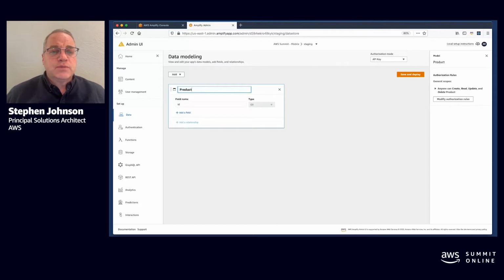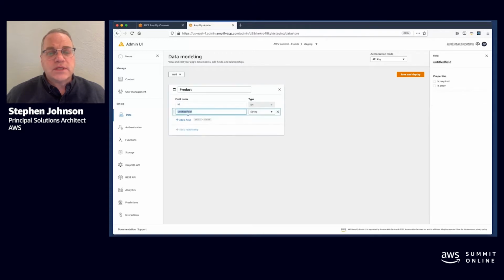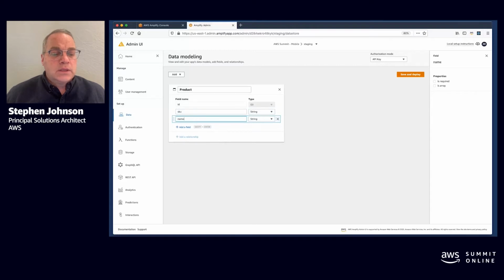So there's relationships between product and order. So let's go ahead. We've created product here, and we're going to start adding attributes to the model itself. So we have an ID, which is like an index or a primary key for our model, a SKU, which is represented as a string, and then we're going to add a name, so we know what to call it, also a string, and a price, which is going to be a float.